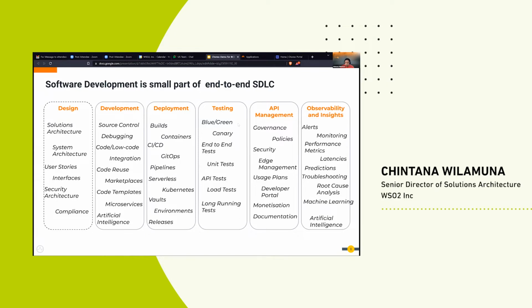And then being able to test your APIs, unit test and also load test, and then also governance when it comes to exposing a managed interface to other systems. How do you govern? How do you add policies? How do you secure these services, especially internal services, as well as other APIs that you expose to public-facing web application and other ecosystem partners, and then defining usage plans, monetization, and then of course alerting, monitoring, having some kind